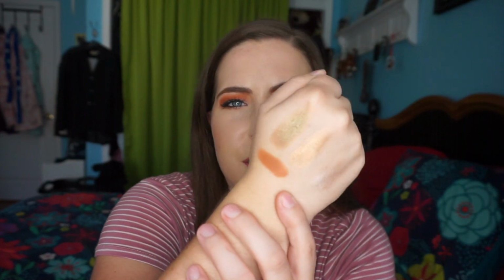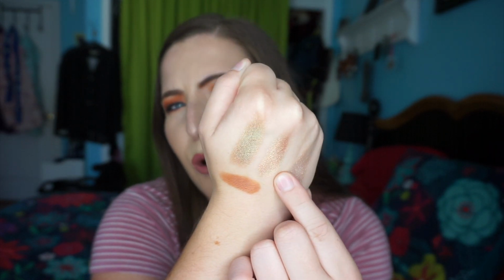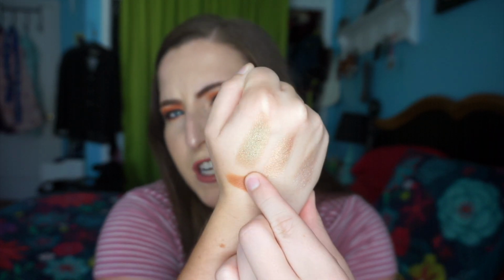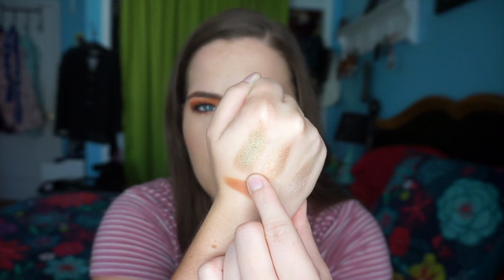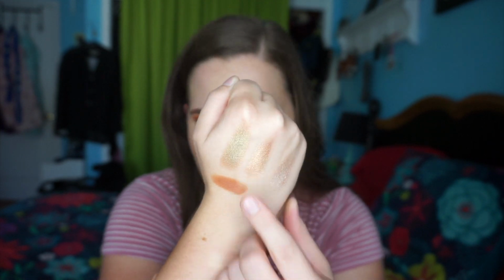So let me swatch a few of these and you can just take a look at what the colors look like. So I did swatch a few of these on my hand. I feel like the camera is washing them out a little bit, but here's a warm brown, a gold, and then a goldy green shade. This green I feel like is pretty similar to what would be in the Natasha Denona gold palette, but I feel like these shimmers just aren't super impactful, and the mattes in here are okay, but they're all dupable